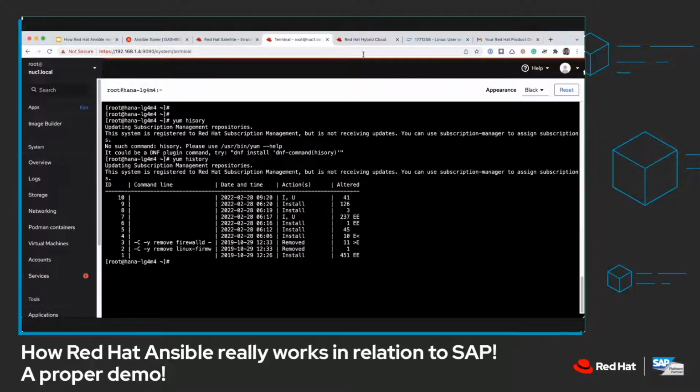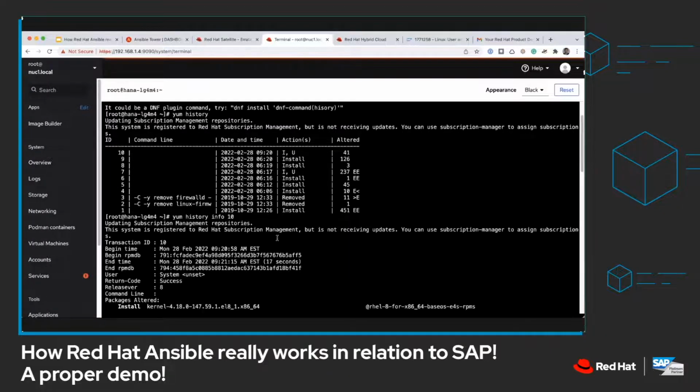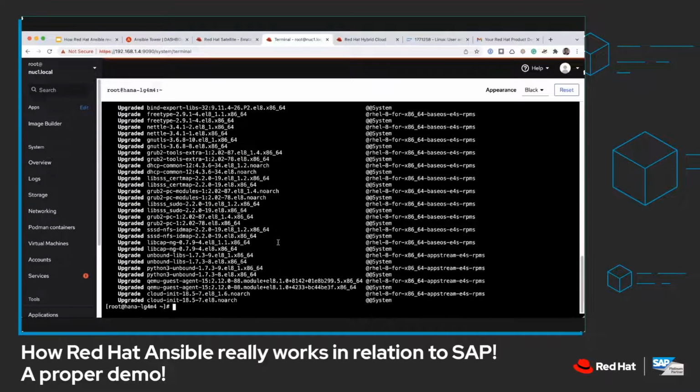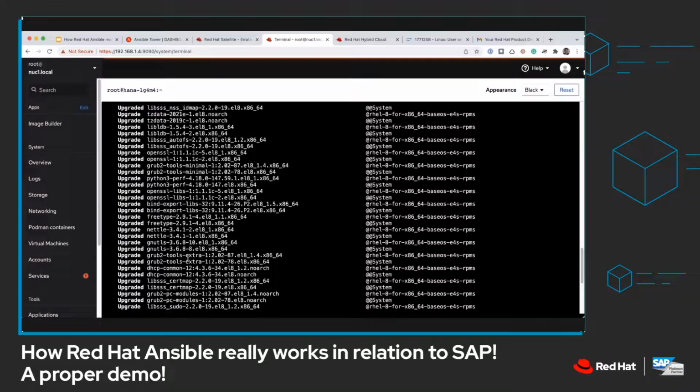So let's type yum history info and the ID of the particular job, in this case 10. And we will see all the details about all the packages that have been upgraded by yum.